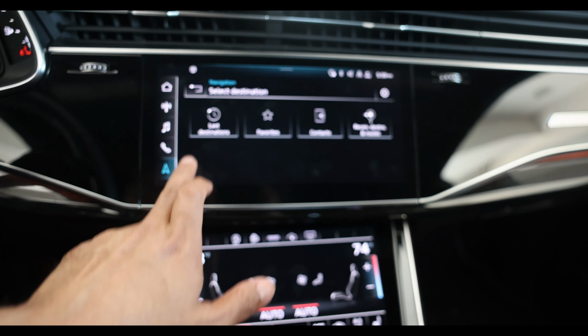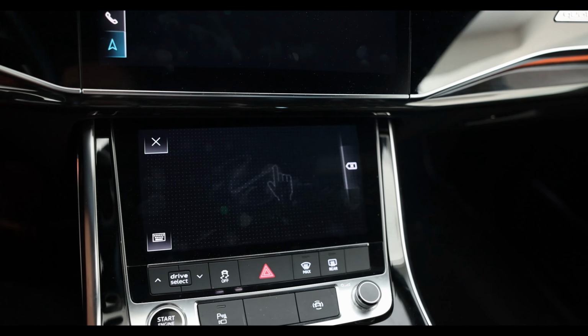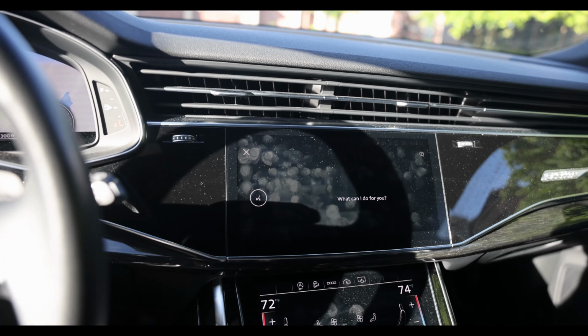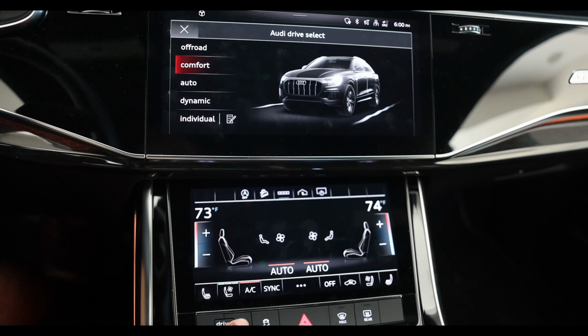And the maps work quite well. It's quite responsive. Pinch and zoom function works quite well. And if you want to input an address, then the bottom part of the screen becomes a type pad, or you can draw on it, and you can do that on my previous Audi as well. The voice control works quite well as well, and you can input whole addresses or points of interest. Searching for destinations. The drive mode select has a dedicated physical button, and then you can also interact through the